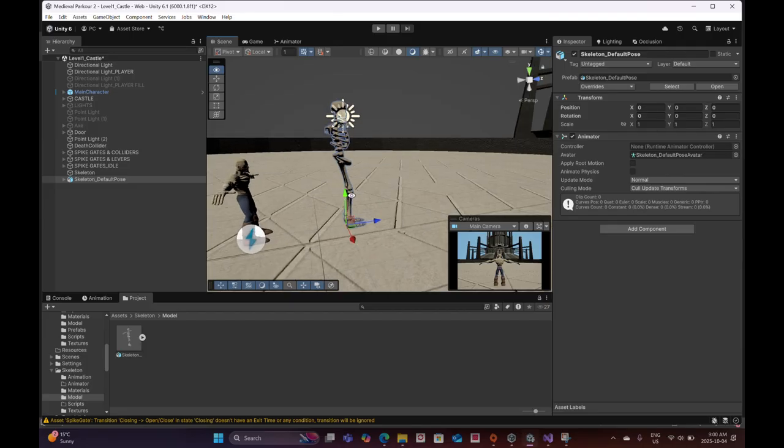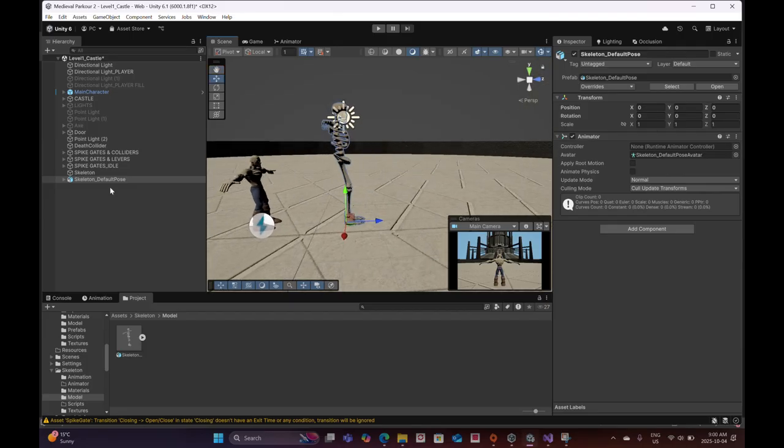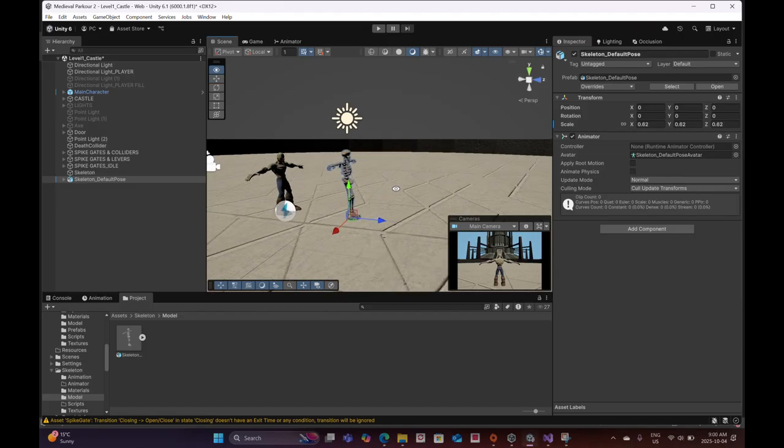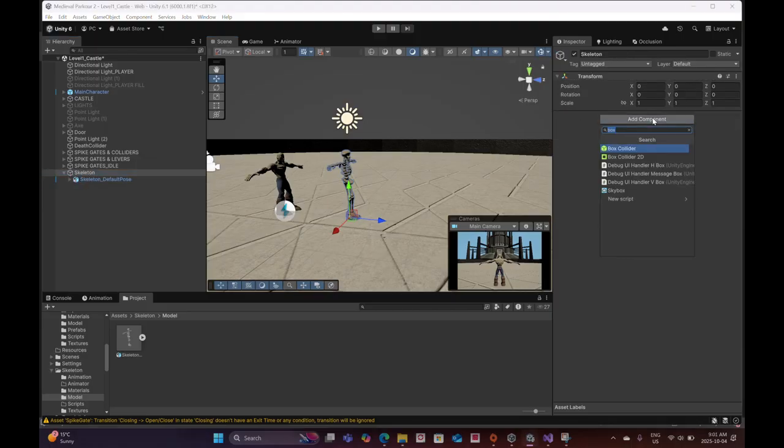It looks like it has to be smaller, so I'll size it down. That's not too bad. I'm going to parent it to the empty, and then with the empty selected, I'm going to create an